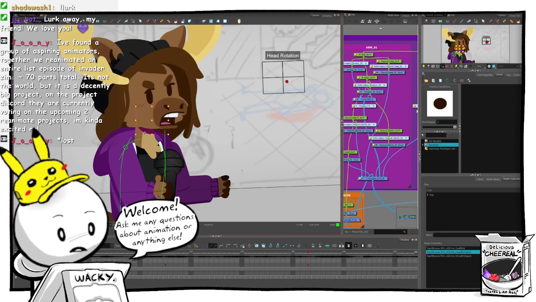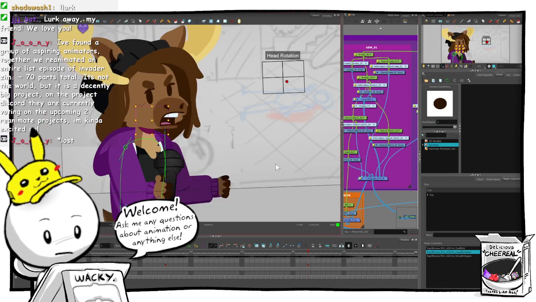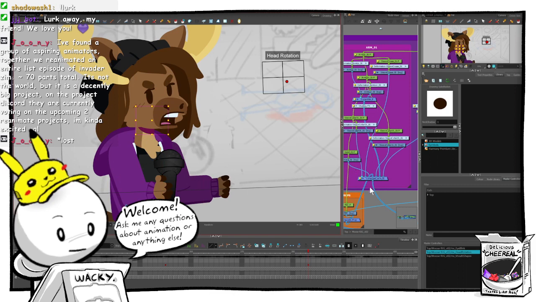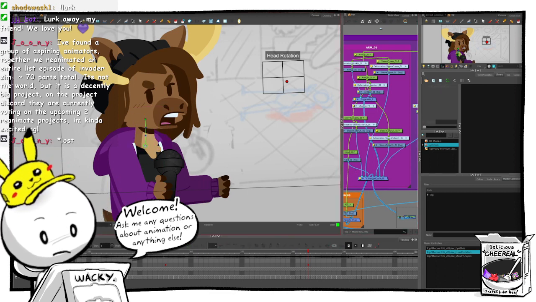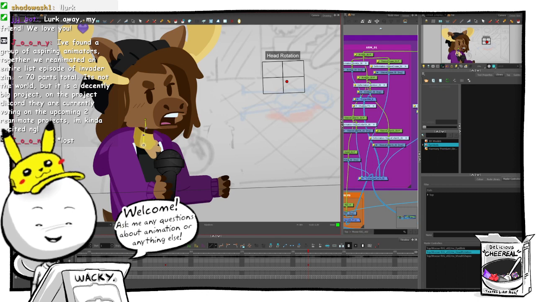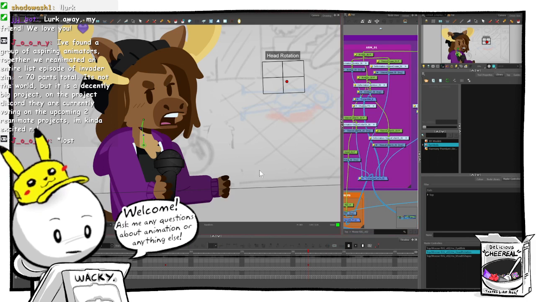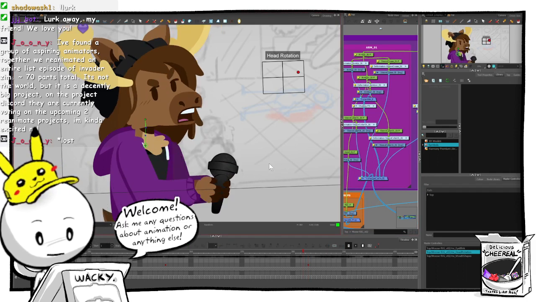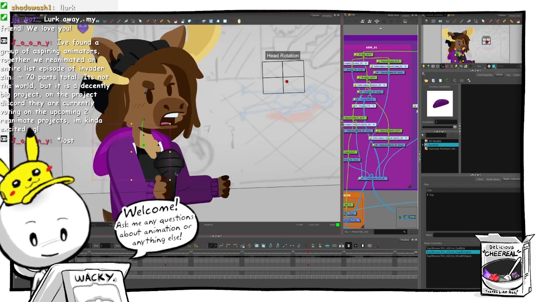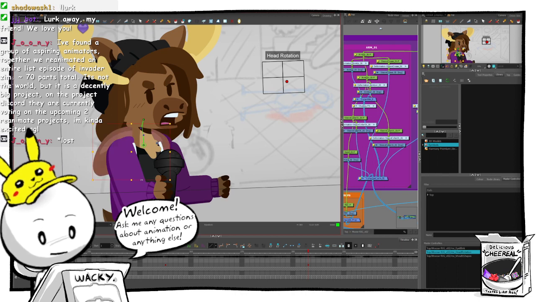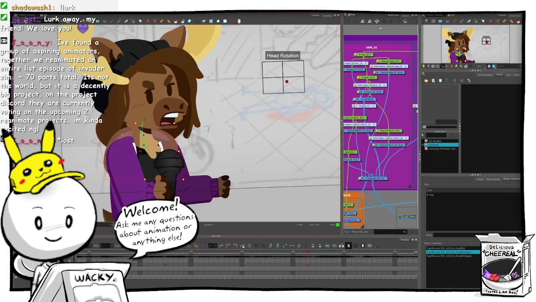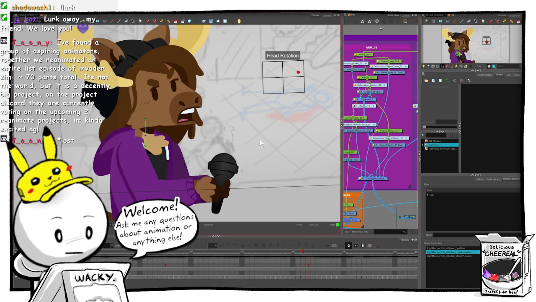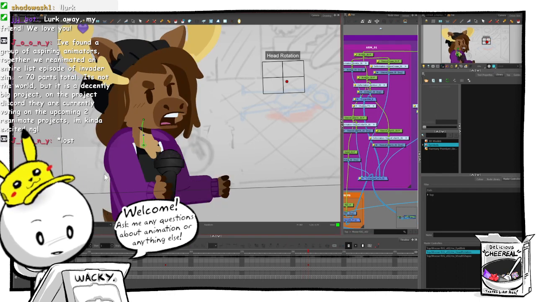For the neck, probably just change its deformer so it's bending more like this. Does that work? Looks okay. Hoodie skew this way and then move it closer to him like that. That's too much.